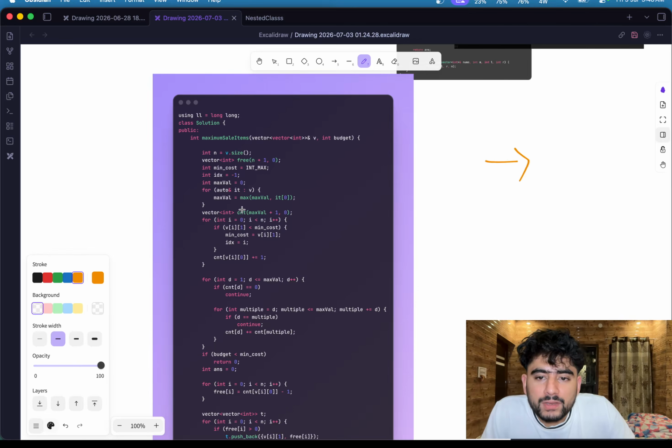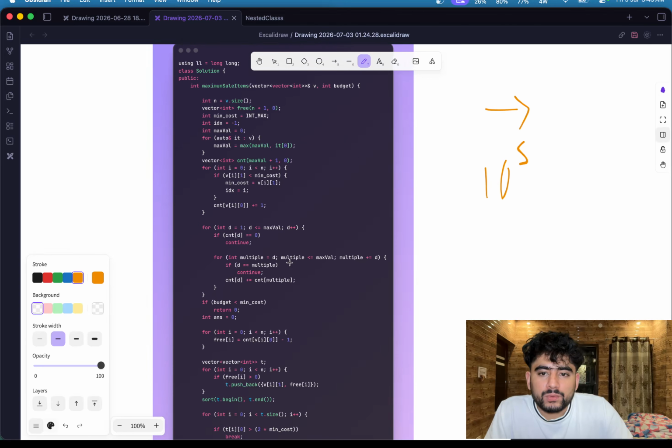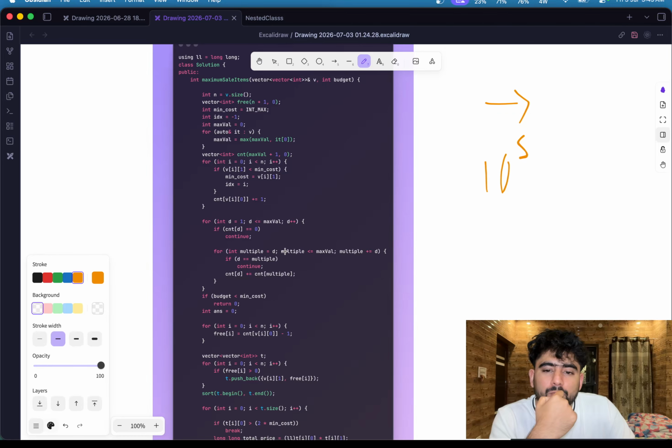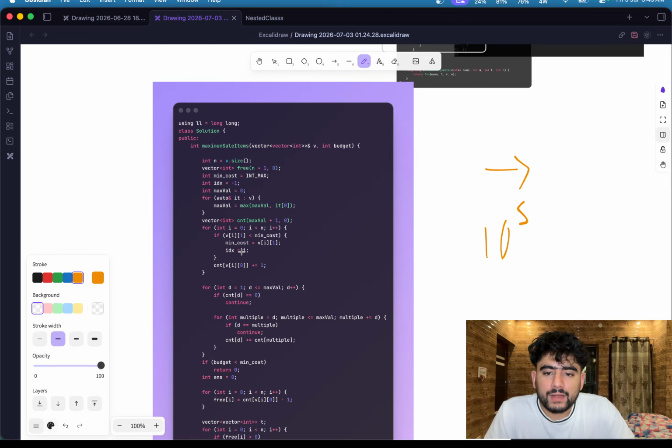So instead of doing that, as the factor value can be up to 10 raised to the power 5, I am using the same kind of approach we use in prime numbers while finding the prime numbers. So firstly I am finding the